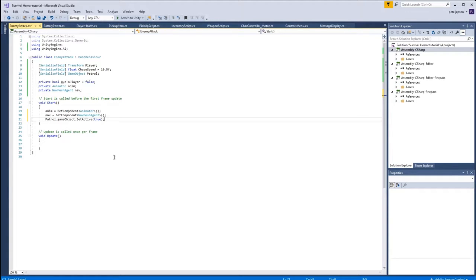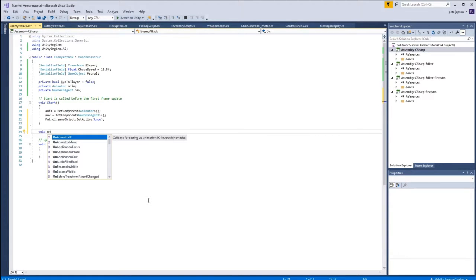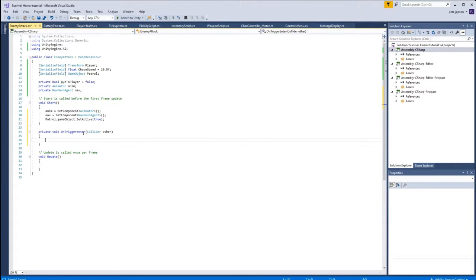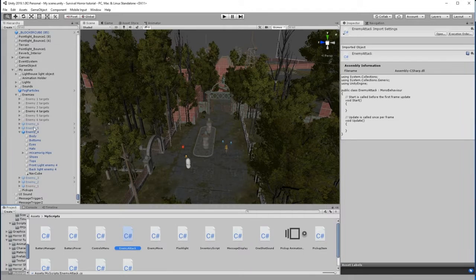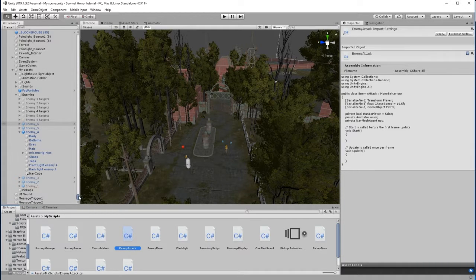Okay, now after start, I'm actually going to put the on trigger enter here, so to detect when the player is close enough. Okay, private void on trigger enter collider other. I'm going to say if other dot game object dot compare tag, and the tag that we want to compare is, and let's find it on the player,